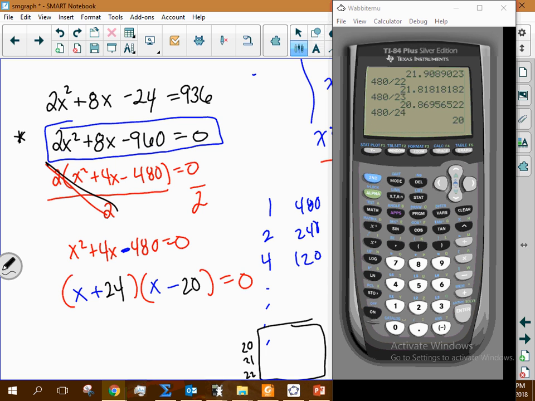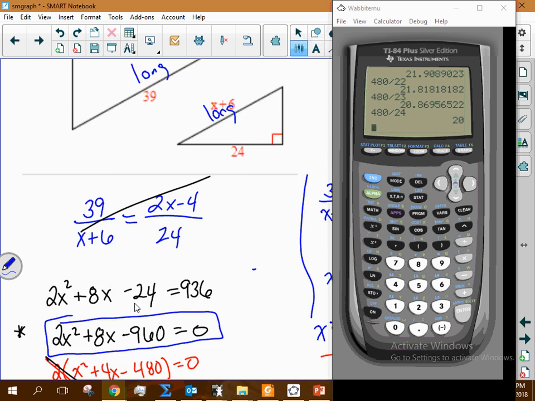So now, when I solve this, this is going to give me x to equal what? Negative 24. And this one's going to be x to equal positive 20. The directions say, write your answers with a comma if needed. Well, the question is, do I need a comma? If I use,